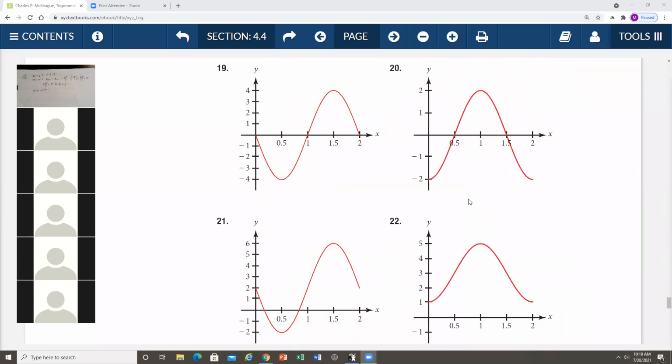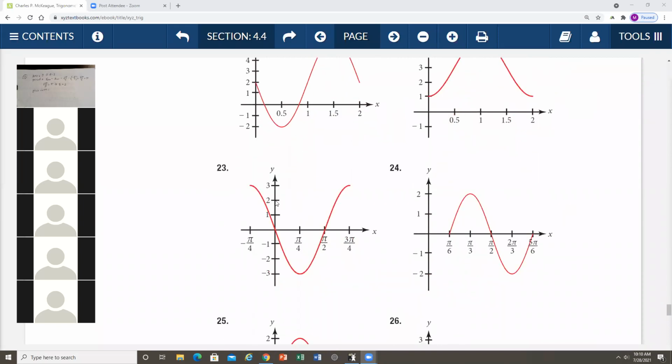Ours starts where? Ours does not start at x equals 0, ladies and gentlemen. Ours starts at x equals what? At negative pi fourths. So it looks like our cosine function's graph has been shifted to the left pi fourths radians. Okay, so we have a horizontal phase shift of pi fourths units to the left,